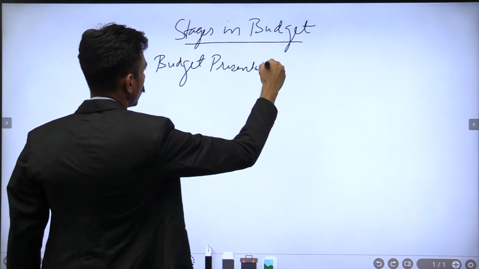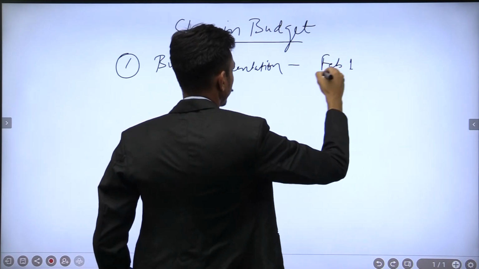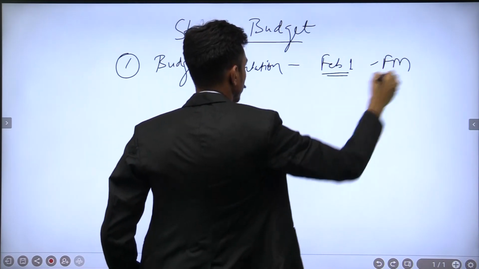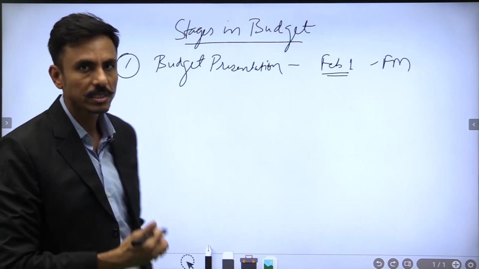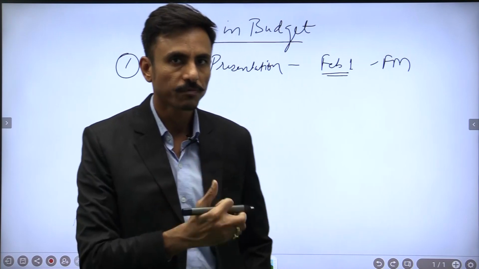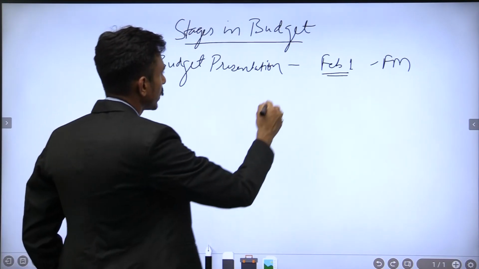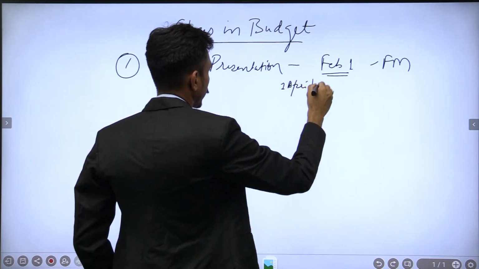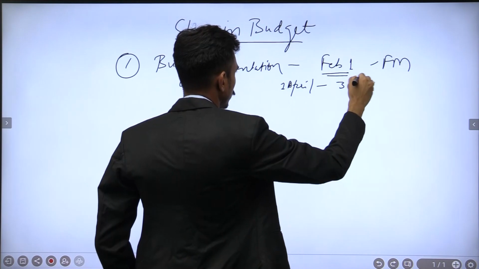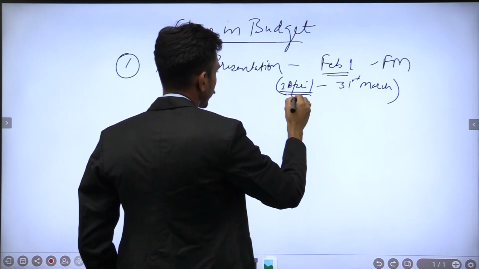In India, you would be knowing that the budget is presented on 1st of February by the finance minister. As I said, it is the estimate of the receipts and expenditure of the government of India in the ensuing financial year. We know that the financial year starts with 1st of April and it ends at 31st of March. Right. So that means the new financial year 2022